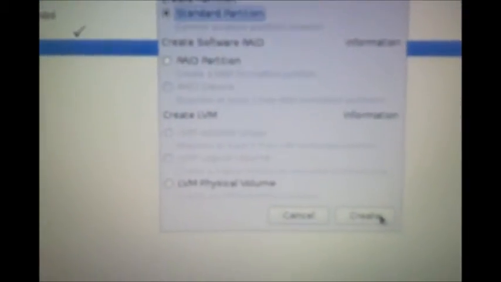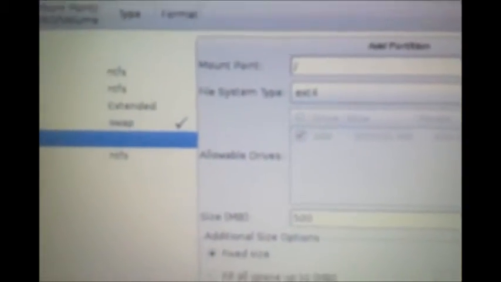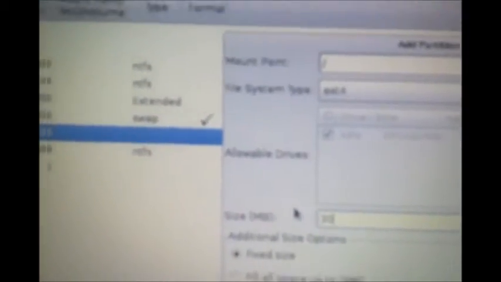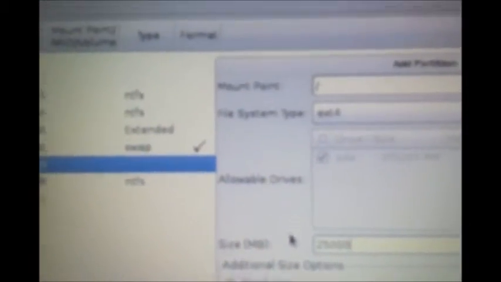Which we can again use for installation of Fedora. We are going to use standard partition again. For the mount point you can choose slash, which is simple, and you can use the amount of space you want to give to your Linux system. For the Linux system, 25 GB of space, just 25,000 MB approximately. You can see that the partitions you created are being shown with a tick, which means these partitions have been created of 25 GB and 800 MB, which we wanted.